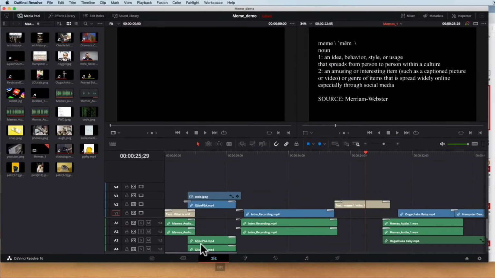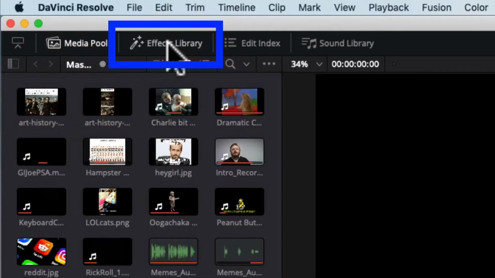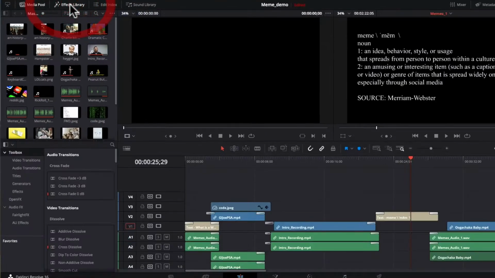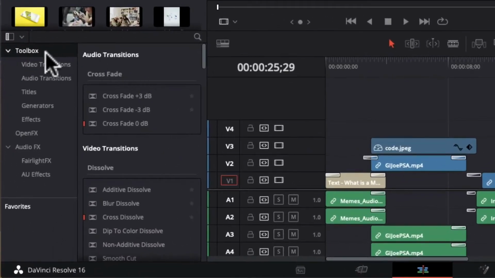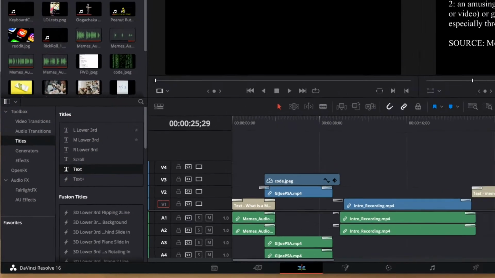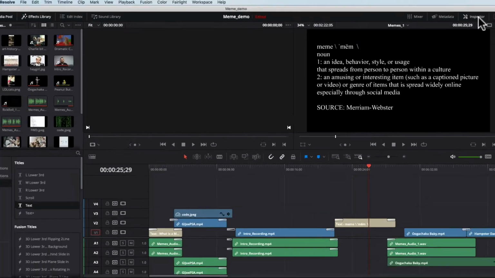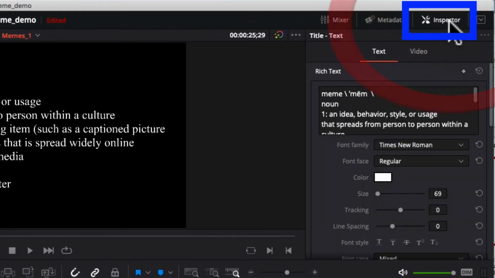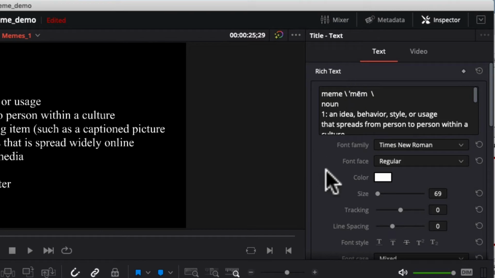The first one is up on the top left corner, right next to the media pool, which you can turn on and off, is the effects library. The effects library we mentioned with audio transitions and video transitions is also where you're going to find things like titles and certain effects. The second panel I'm going to introduce is over on the top right side called the inspector. If you click that, then you can see there's a lot of editable information over here, especially for text